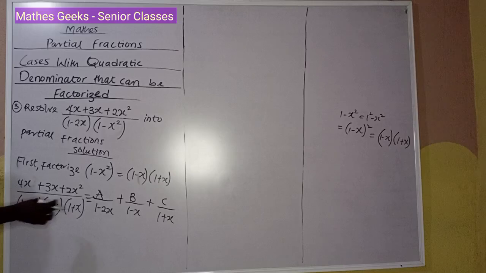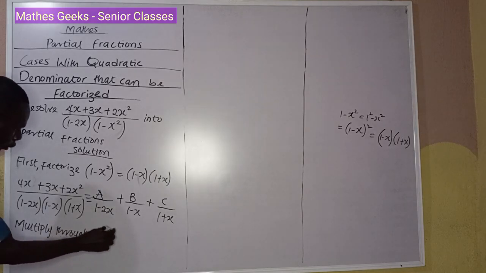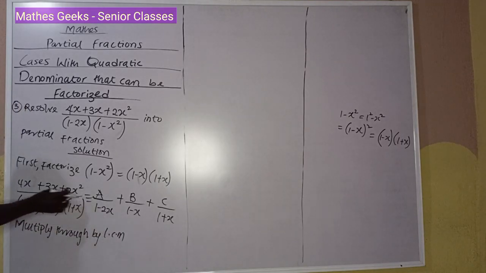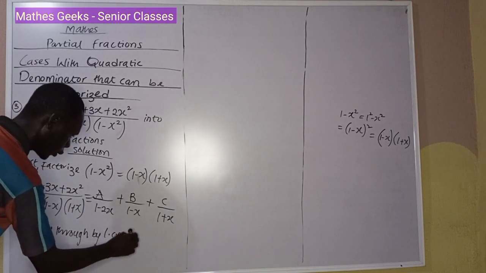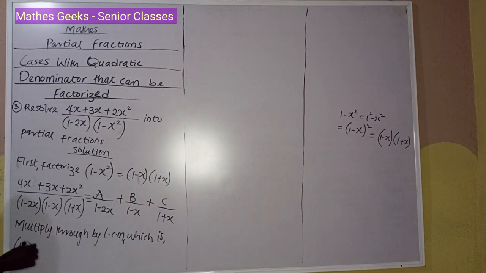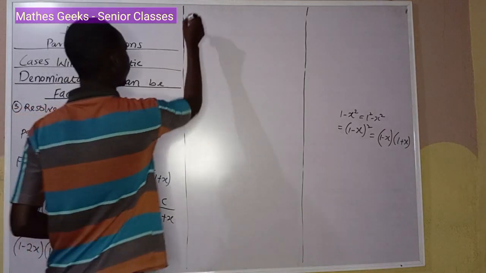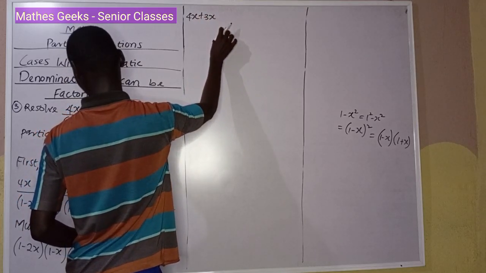So the next thing is multiply through. Let's multiply through by the LCM, which in this case is these factors: 1 minus 2x, 1 minus x, 1 plus x. When we multiply through by the LCM, we're going to have this part to be 4x plus 3x plus 2x squared